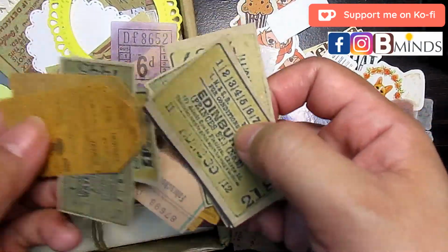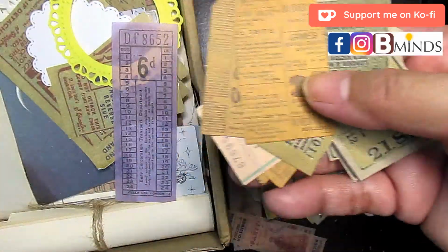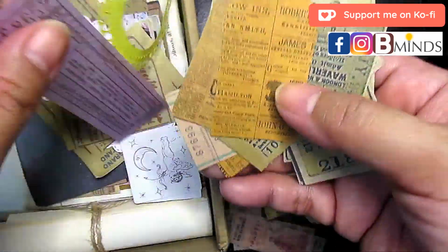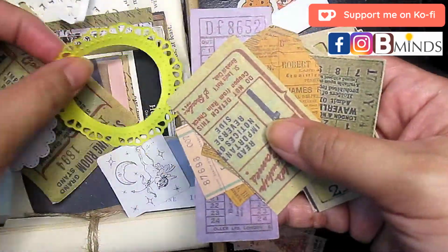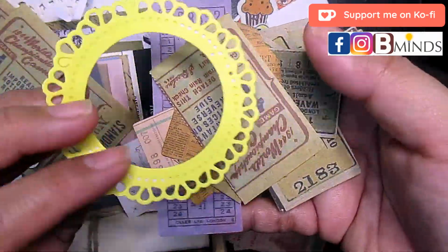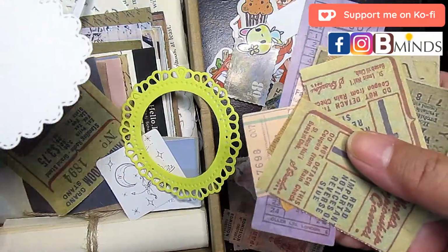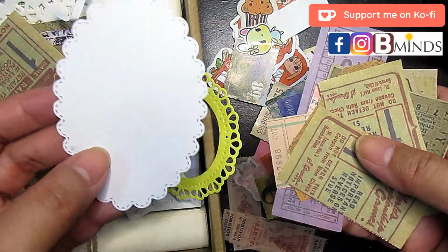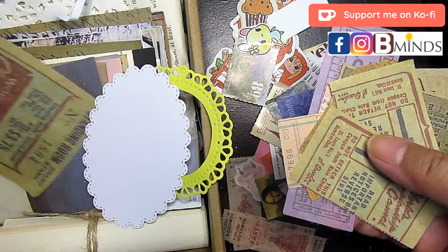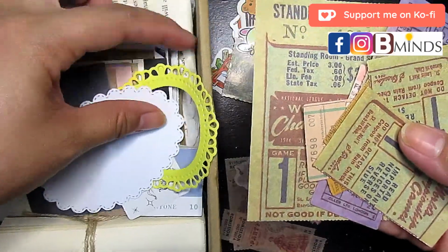Okay, so that's all included. Okay, these are good ephemera. Okay, I like this. Okay, so there's a frame here that you could put a picture inside or a quote. Also this one, you could paste it on your journal and put a picture or a quote. I did that when I was young. Okay, so